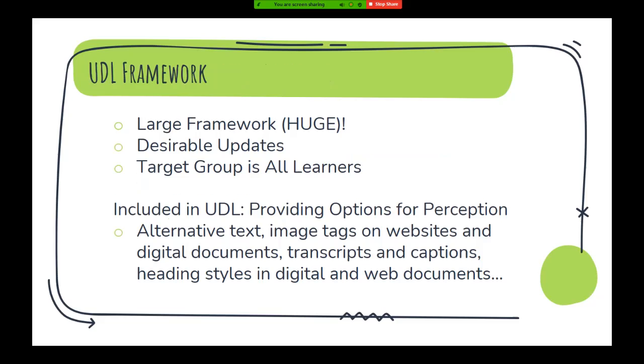Now, in the UDL framework, Universal Design for Learning, this is a very big framework, and it's something desirable that we want to do if we want to truly support our learners. So you can see where accessibility is part of the UDL framework, because under providing options for perception in UDL, and that is the what, that means that we do have alternate text. We do have image tags on websites and digital documents. We provide transcripts and